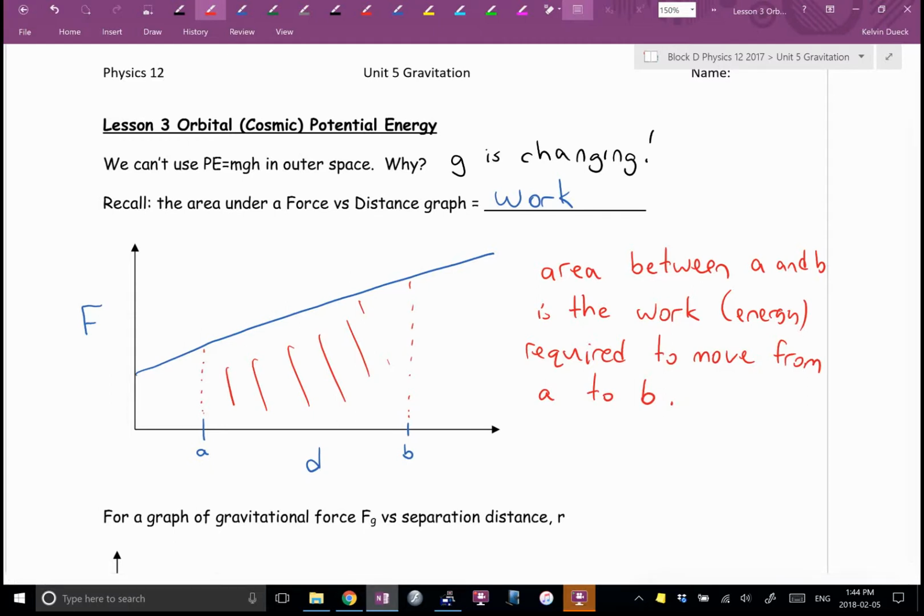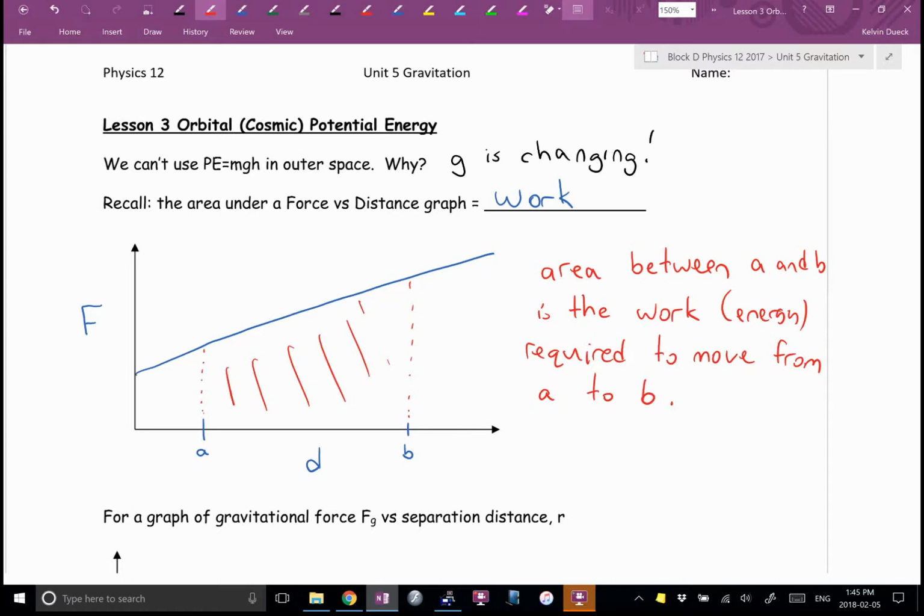If you're really asking what we are figuring out, that's how much energy it took to move this object from location A, wherever that was, 2 meters, to location B, wherever that was, 9 meters. That's how much energy was required. And so we're going to start to try and apply this, but instead of moving from A to B horizontally, we're going to start to say, what if we move from A to B, moving away from a planet's